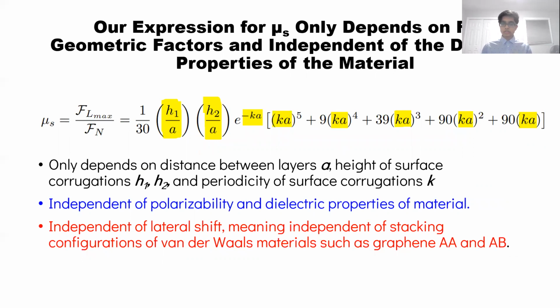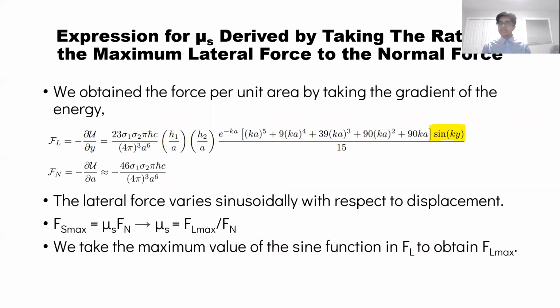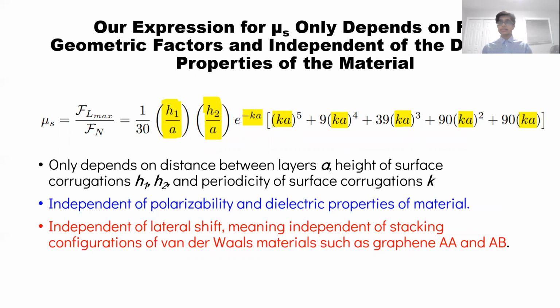Notice first that it only depends on 4 geometric parameters: h1 and h2, the corrugation heights; a, the distance between the layers; and k, the periodicity of the surface corrugations. Notice that while the interaction energy and the lateral normal force contain the sigma, which carried the dielectric dependence of the material, mu s is independent of the polarizability per unit area, and therefore it is independent of the dielectric